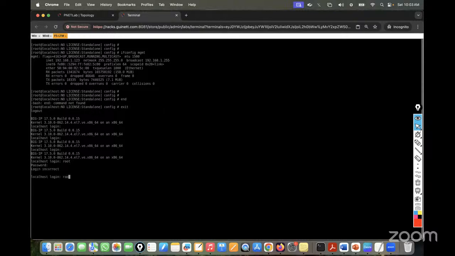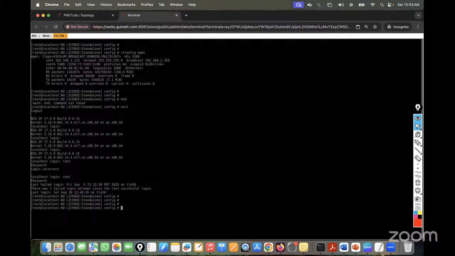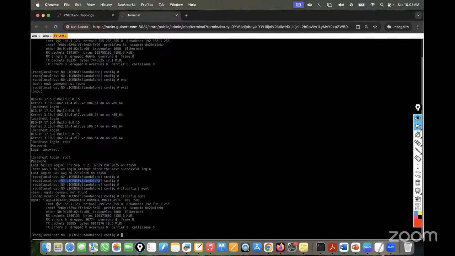What was the username? Yeah. So you can see this is no license. So without a license, even if I'm going to log in to this F5, what is the IP address? You have to check config mgmt. I just have to put mgmt. See, we have this IP address. So if I just log in to this IP address,